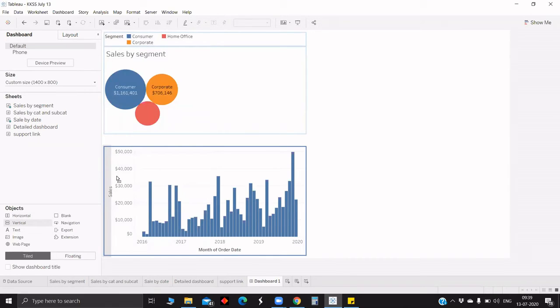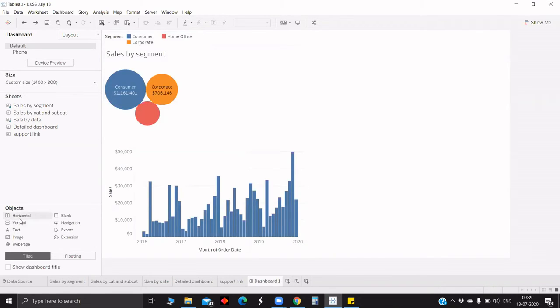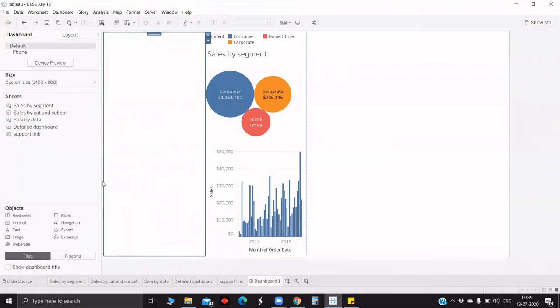If it is showing inside, there is a part of shading only beside the last sheet. In that case, the vertical will be coming inside this horizontal. So when you try to pull the sheet, we have to make sure the shading is in the entire left. So now what happens is the new vertical will be coming inside the already existing vertical.